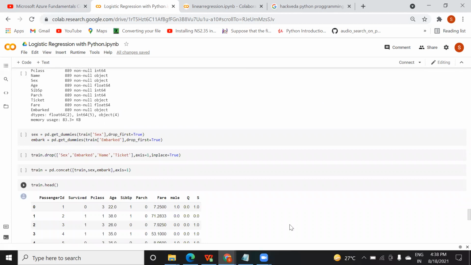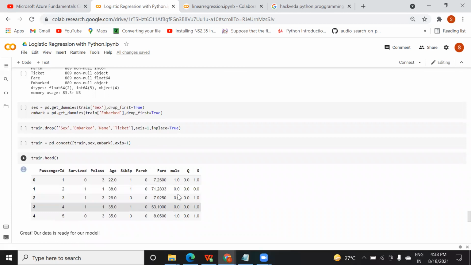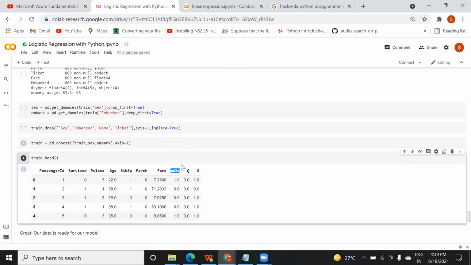So this get_dummies function will convert into numeric values. Don't go for this male as of now. I will check it because here it should come as sex. Might be some problem in the code.